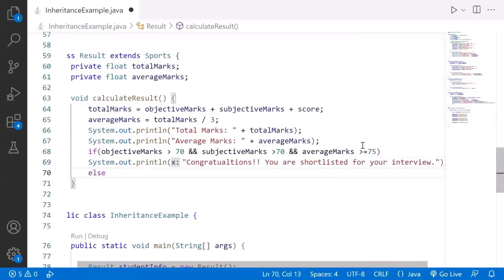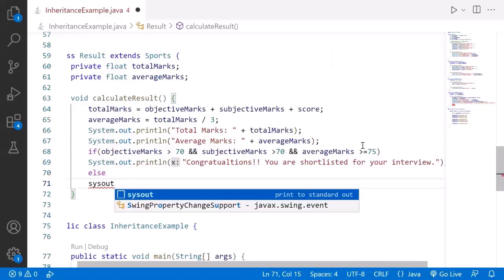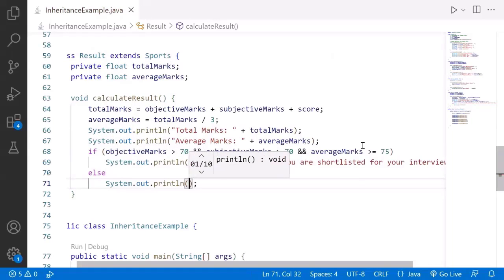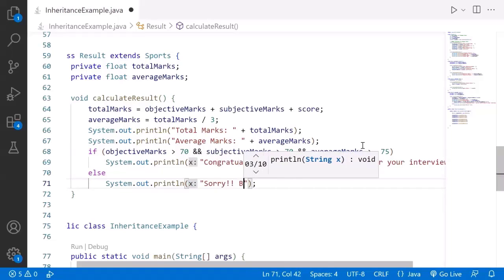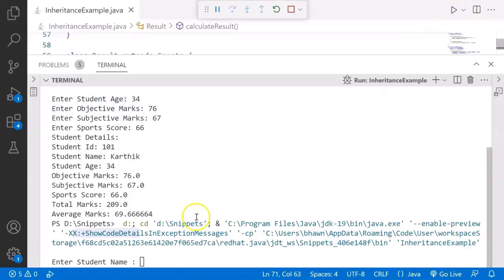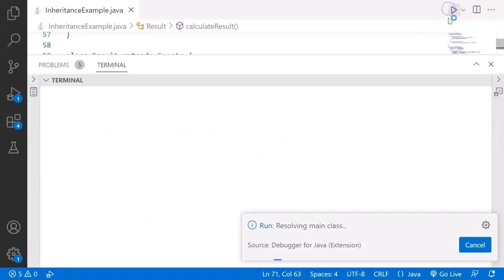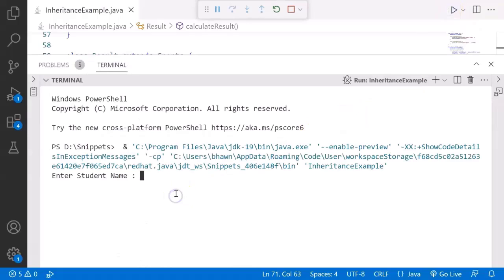Otherwise, I wanted to print the message sys out, sorry, better luck next time. So you can see that the moment I execute my application once again, Karthik, 23,